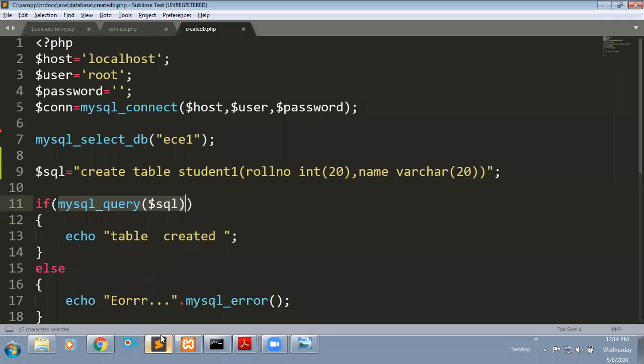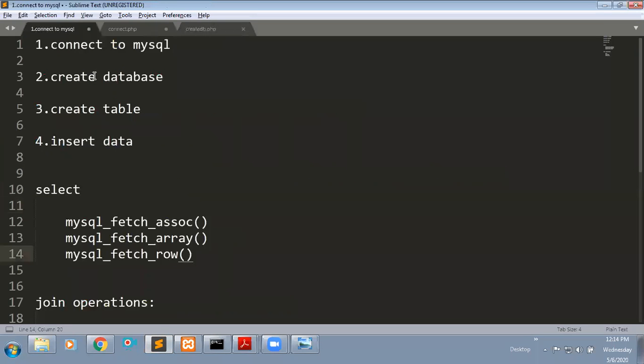Then now you can do any operations. For example, we are connected to your MySQL server, then we created one database, and now we created one table. Now you can insert some data. Insert operation also you can perform by using a PHP file.